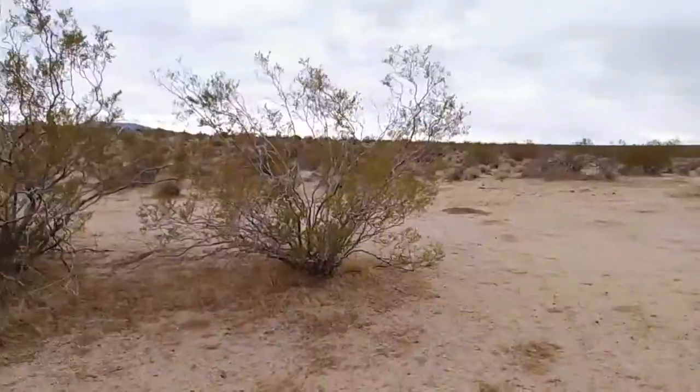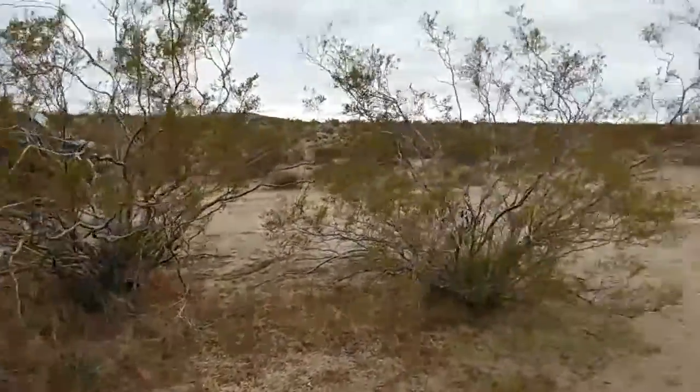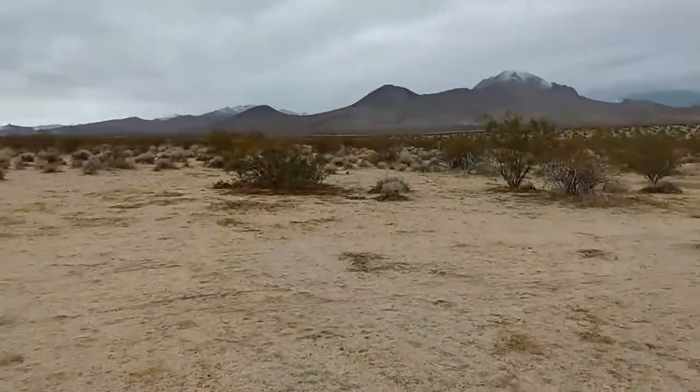So here we go. I love the smell of the desert after a rain. Oh, I feel pitter patters. This might be a short hike. One of my favorite smells on the whole planet is the smell of the desert after or during a rain. What happens is these creosote shrubs get wet and then they exude this amazing...